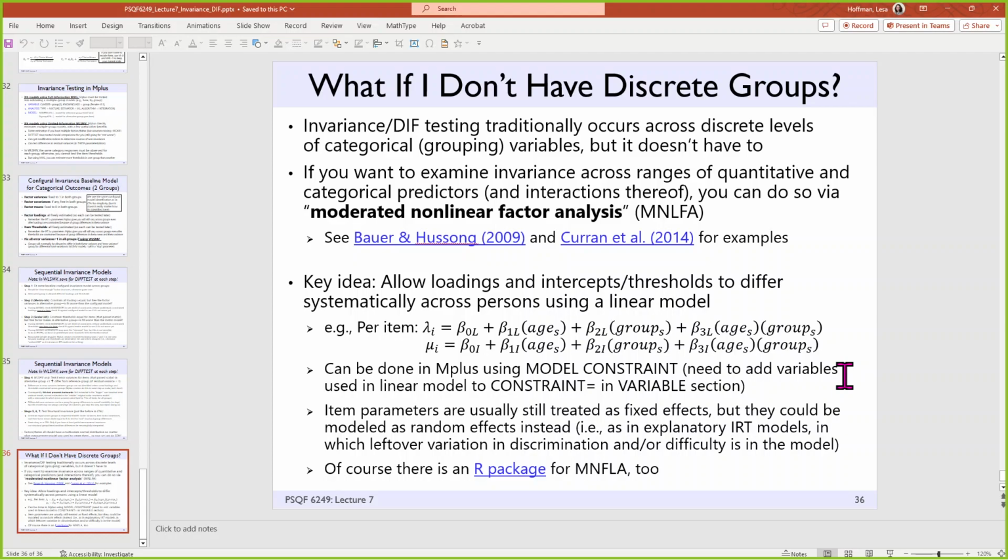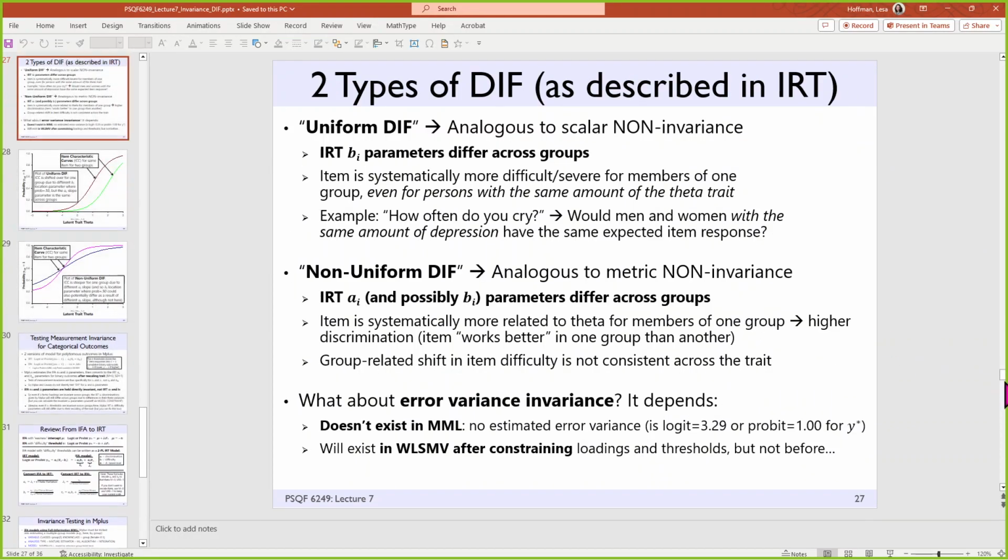How to do it? So before we go, I know we've used more than 2 groups. Can we have more than 2 groups? Yes, you can have more than 2 groups. So you would have a model statement and then a model group 2, model group 3, model group 4, as many as you need to fill that out. I'm not sure what the upper limit is, but I think it's pretty high. If you have a lot of groups, like if you want to look at invariance across 30 countries in PISA or something like that,